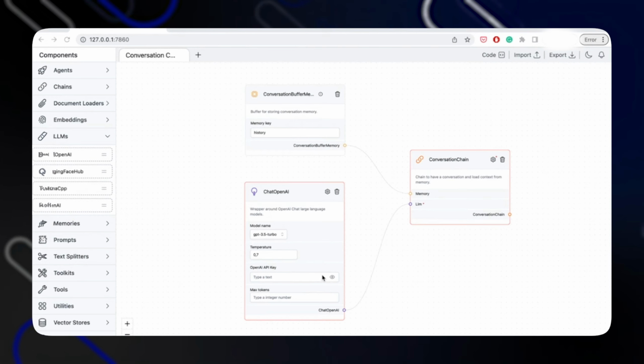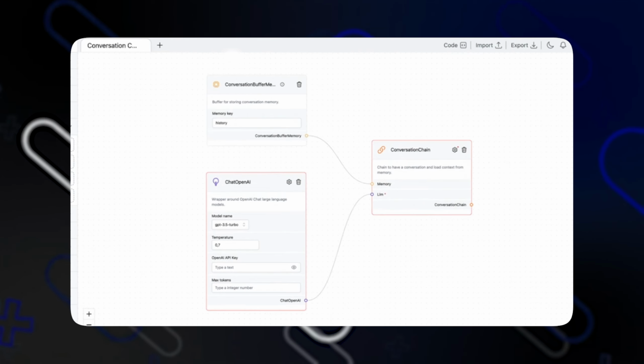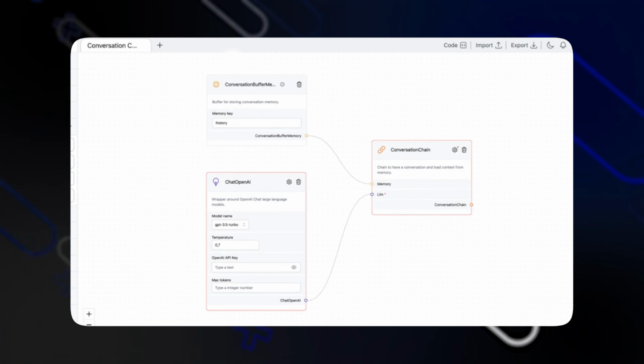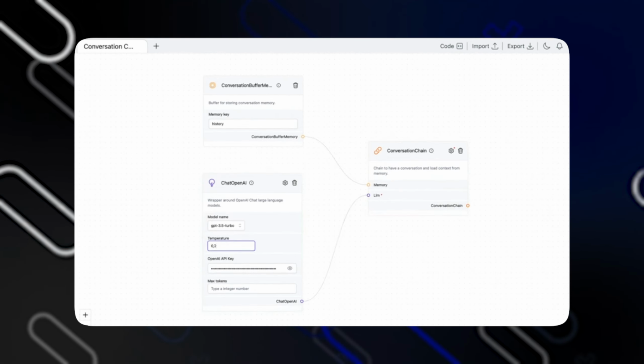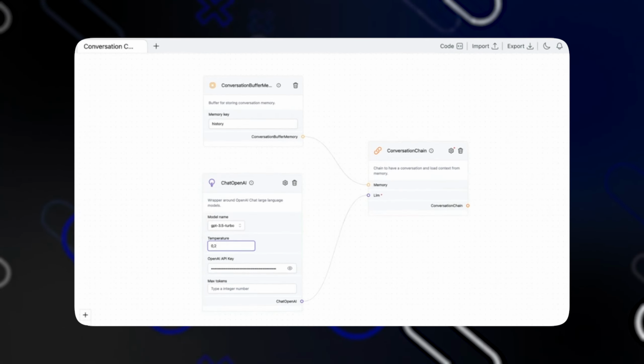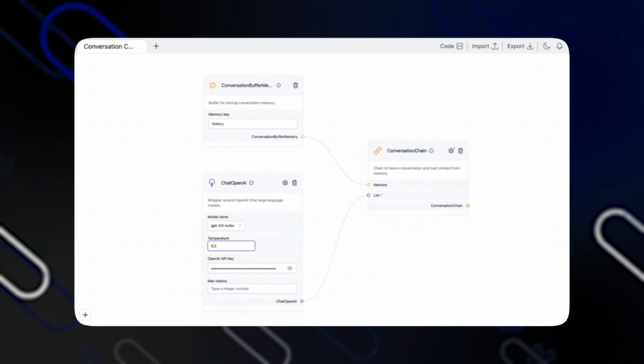Here we have a very basic conversation chain. It's composed of a language model, in this case OpenAI's GPT 3.5, a memory component, and the conversation chain itself. We'll talk more about these later. I'm going to paste my OpenAI key, set a lower temperature for the response to be less wild, and start